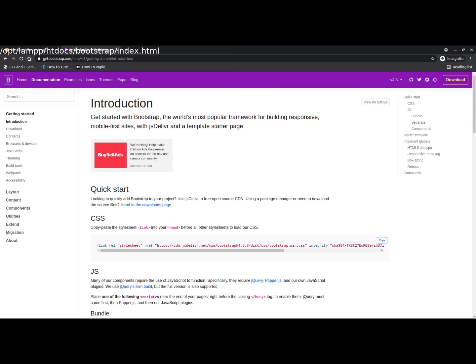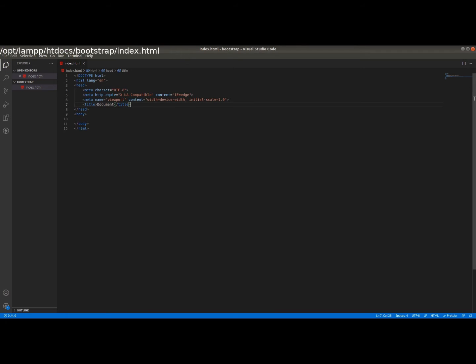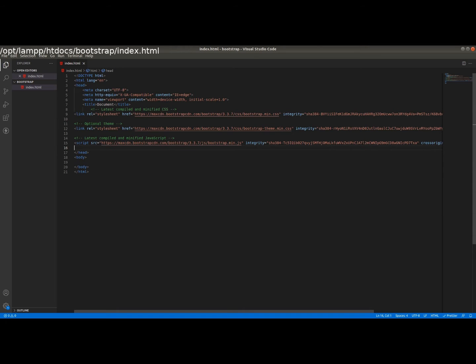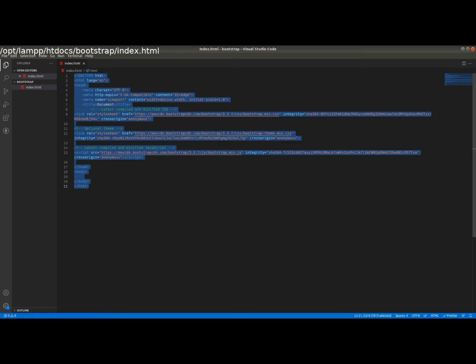Copy the links from the getbootstrap.com website, and copy this CSS and JS file here. Paste your CSS and JS file between the head tags of your web page, and this is your JS file.